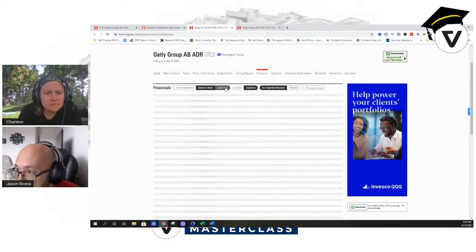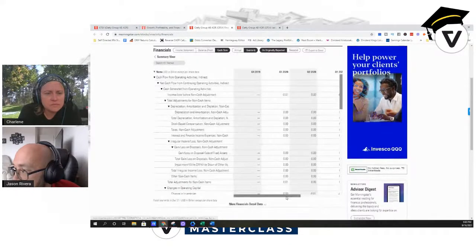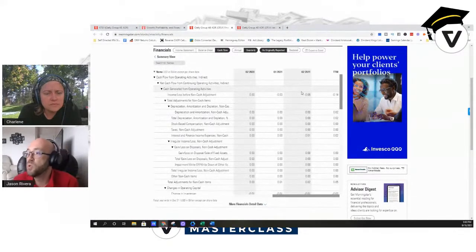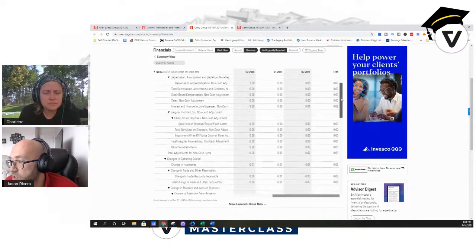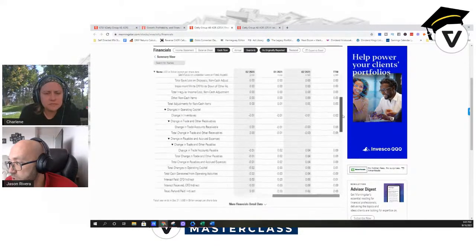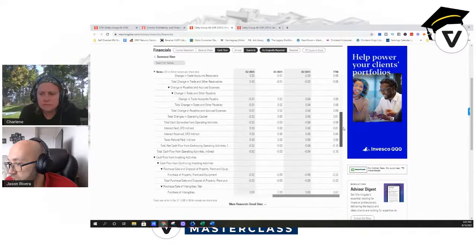Still can't look at the balance sheet. Trying everything, trying to look at it. But we do have the most up-to-date cash flow statement, which is, frankly, along with the balance sheet, in my opinion, I spend 95% of my time looking at the balance sheet and the cash flow statement. I spend almost zero time on the income statement. Okay, makes sense. Okay, so what we want to look at here is if and when they paid off that debt,